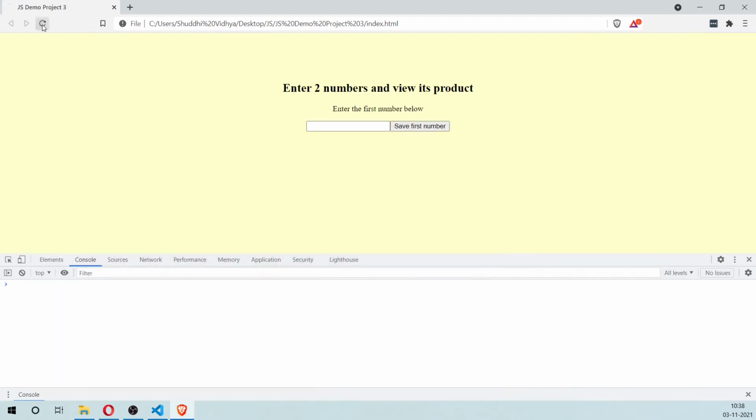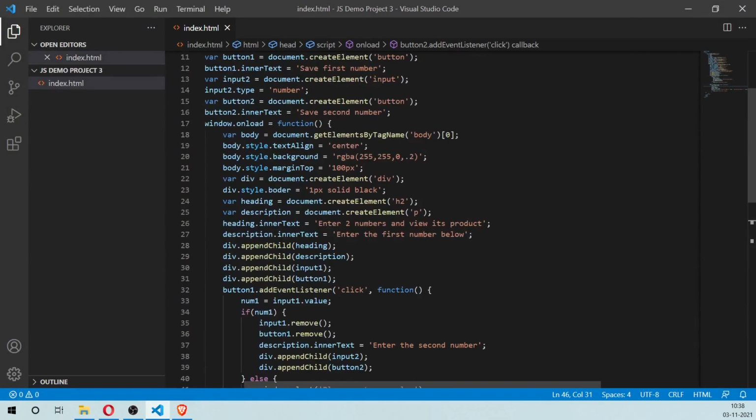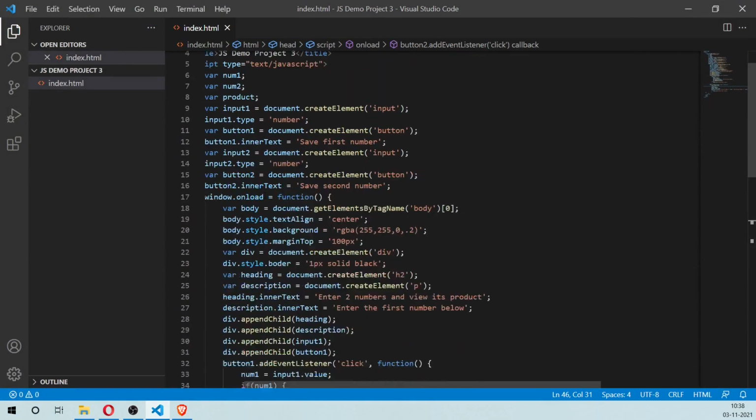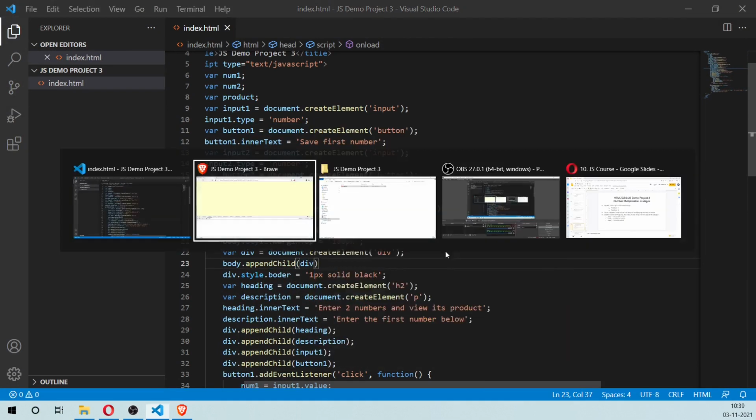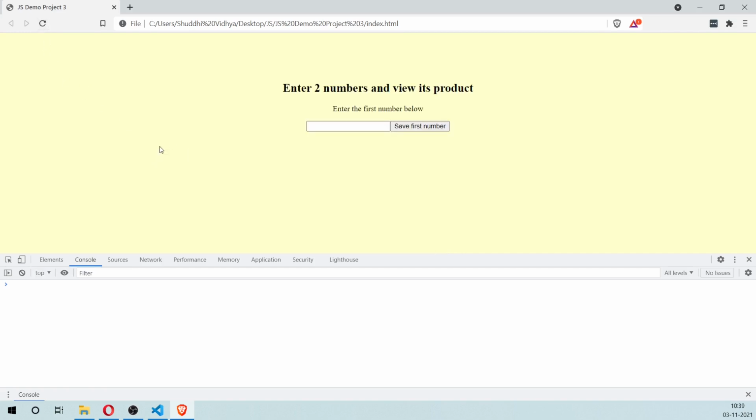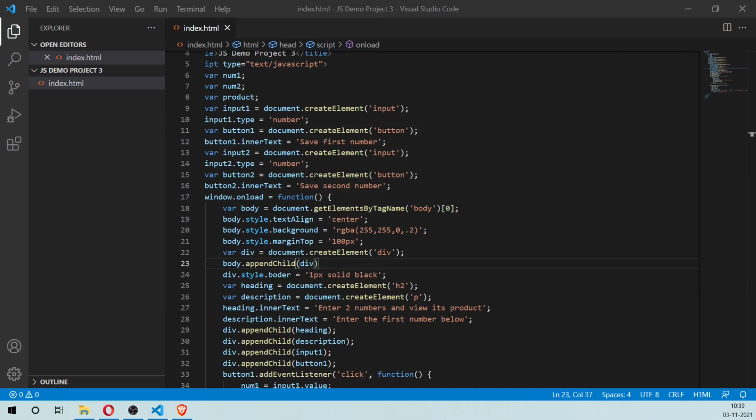Okay, let's see what that looks like. We need to also append the div to the body first. Okay, so we gave the div a border.